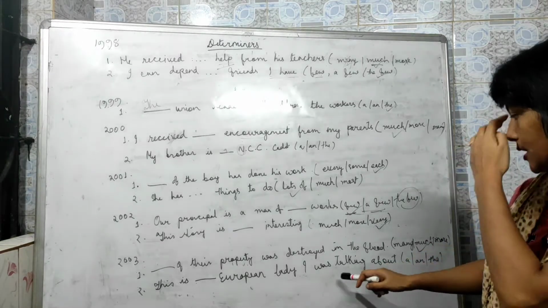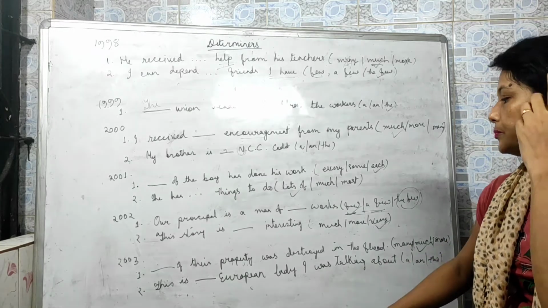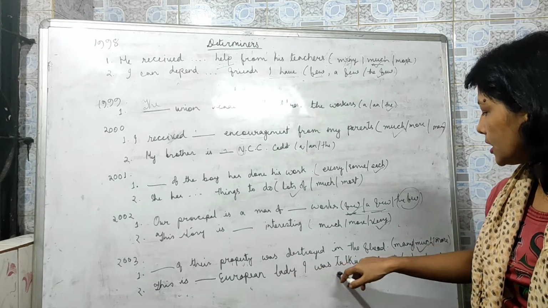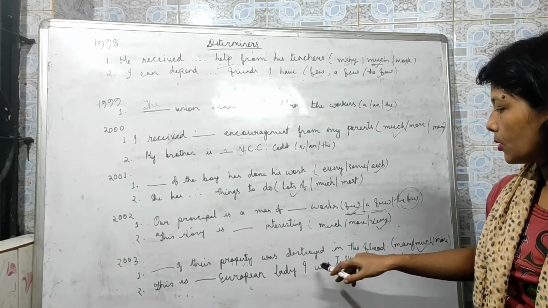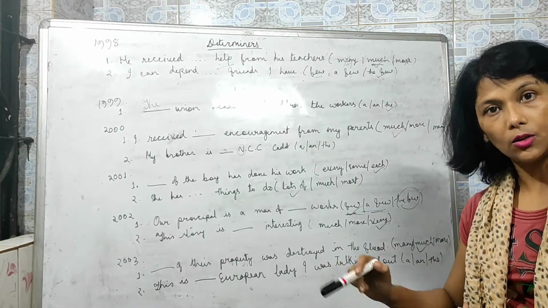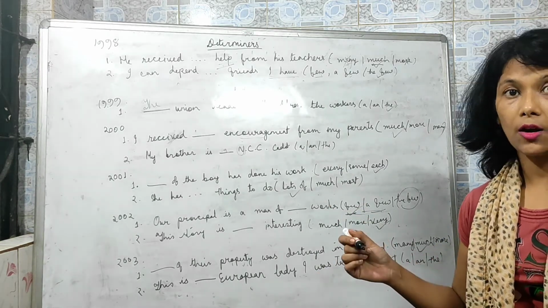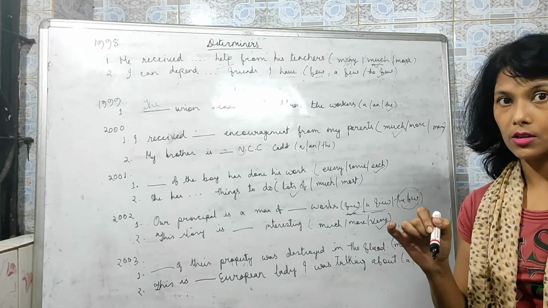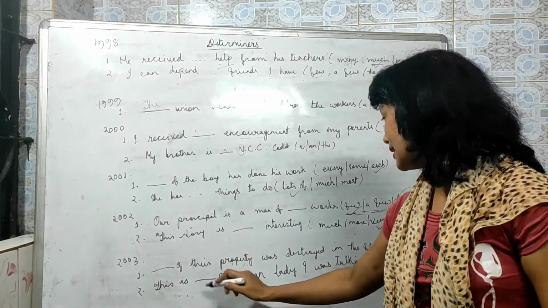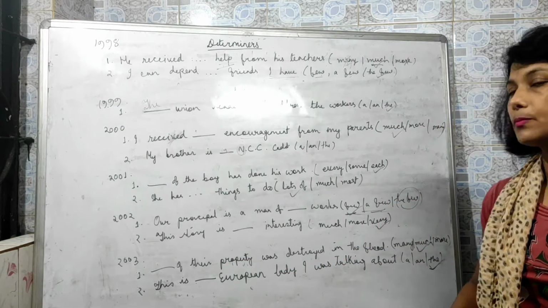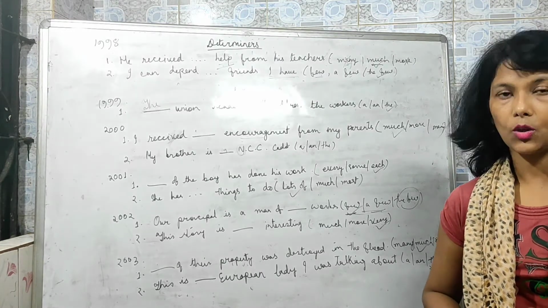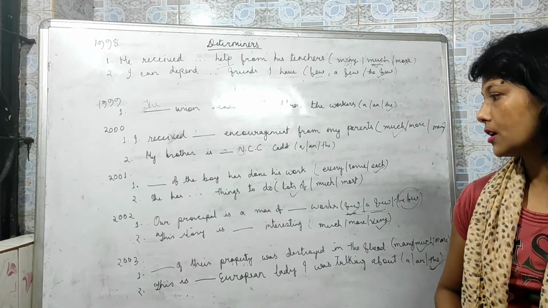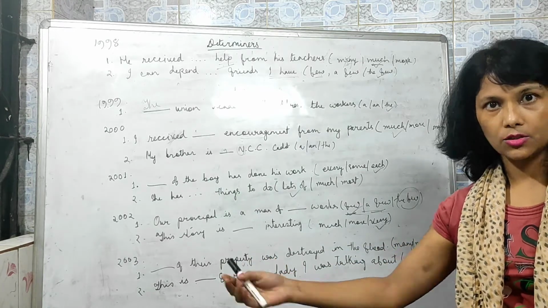This is dash European lady I was talking about. So here European lady, she is or he is talking about. So already he is talking about someone he knows, and he is pointing out that this is the lady whom I was talking about. So here you have to use the, that is some specific lady, particular lady, not anyone and everyone. The particular lady he knows only, he is talking about. So up to 2003, next 2004.